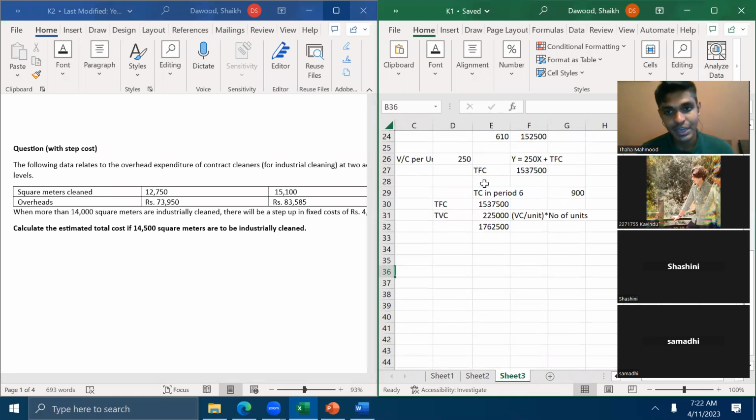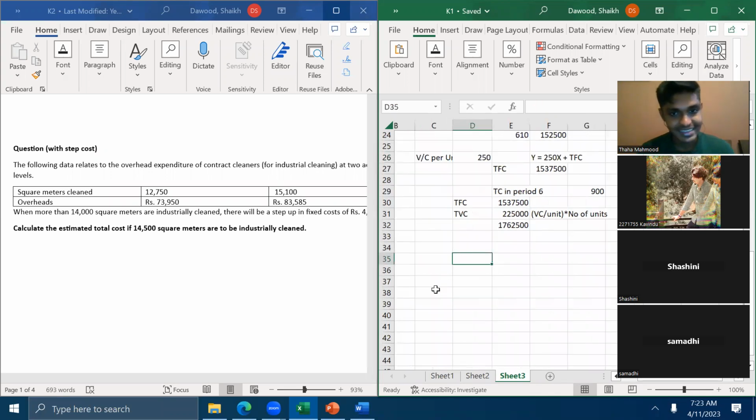What we do is find this equation. We have to do the same thing while dealing with the step fixed cost as well. Now it's like this. When the units are 12,750, the total cost is